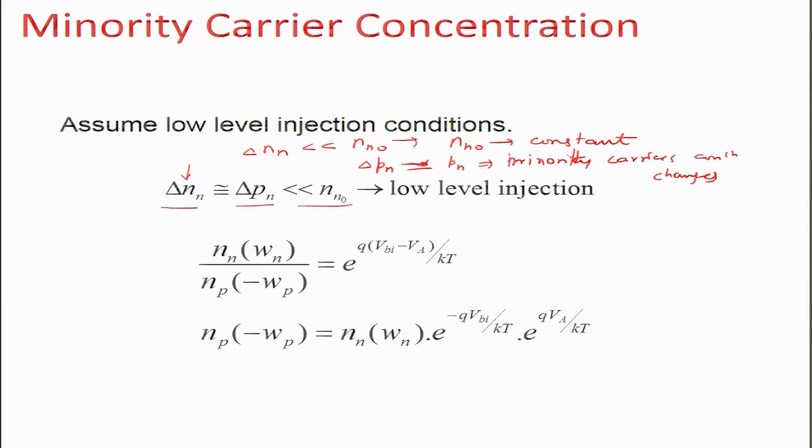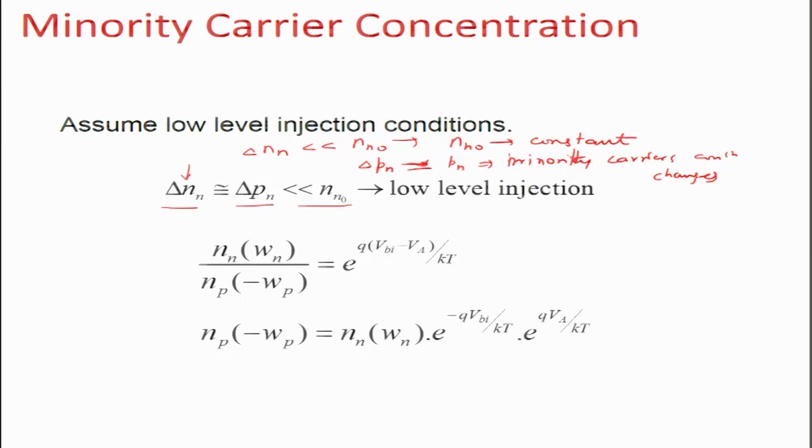Okay. So since delta Pn is large enough compared to Pn, but it does not affect the majority carrier concentration, these conditions are called low level injection, because you are not injecting too many majority carriers, you are injecting mostly minority carriers. So if that is true, then from the previous expression where we wrote that Vj is equal to